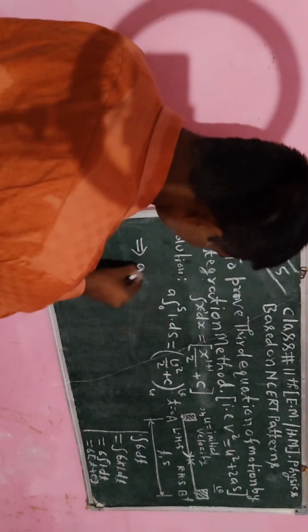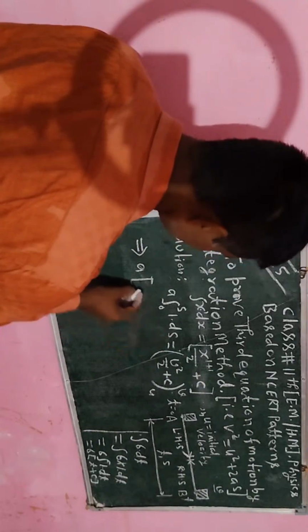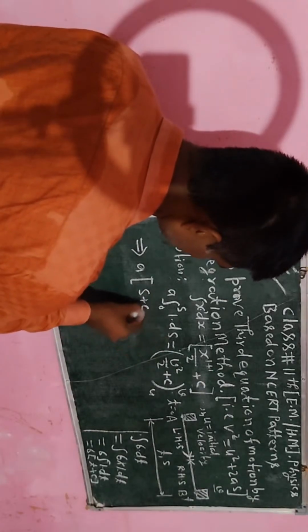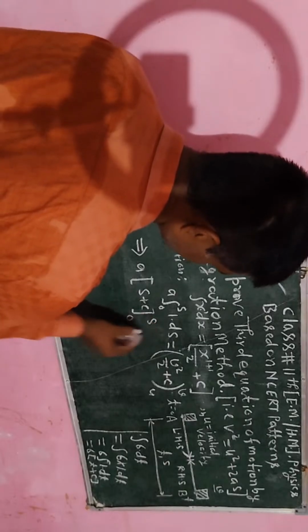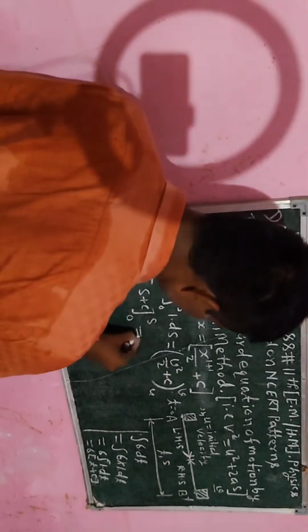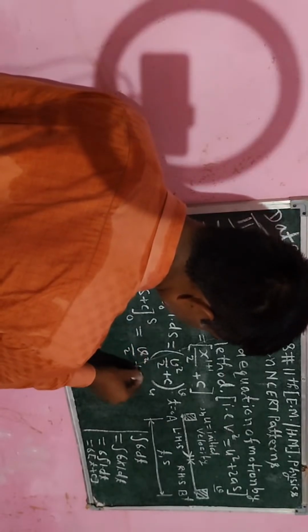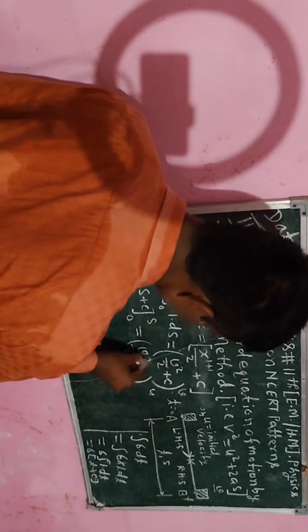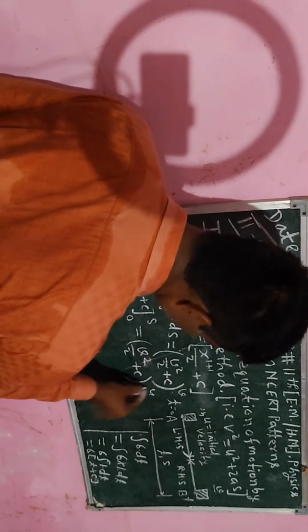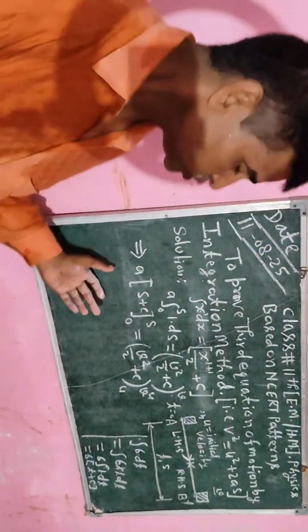So here I will write a, now the integration of 1 with respect to s will be s plus c, and its limit value will be from 0 to s. Now on the right hand side I will also write v square divided by 2 plus c, and its lower limit value is u and upper limit value is v. I hope that you are doing very well. So after